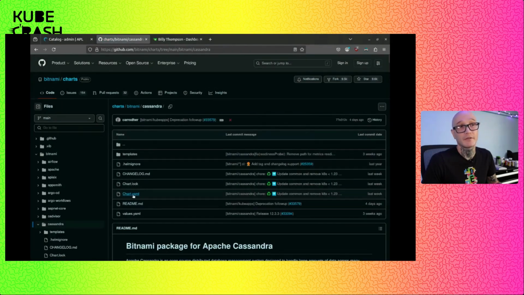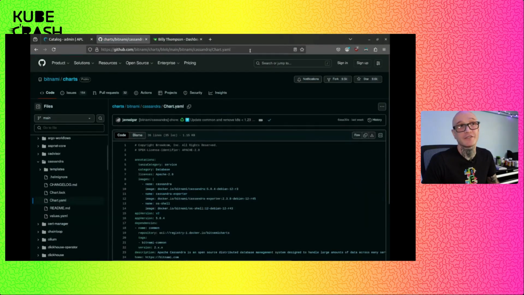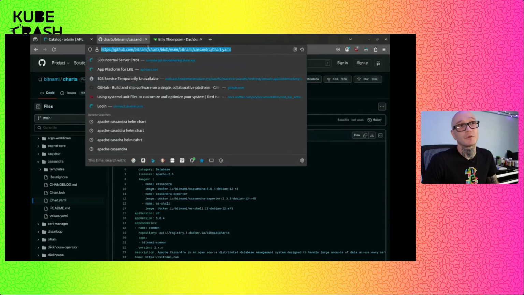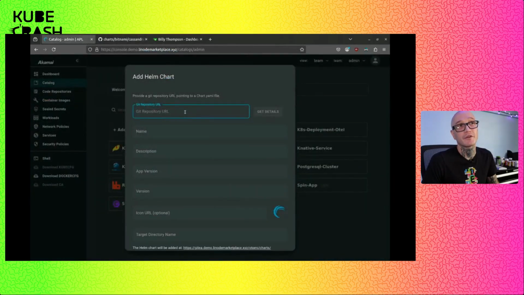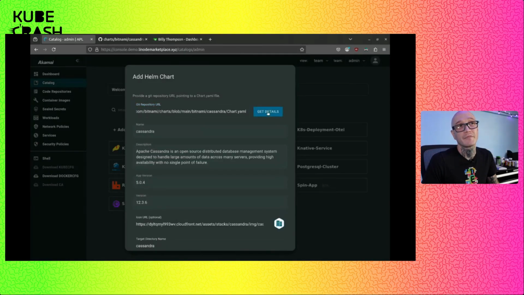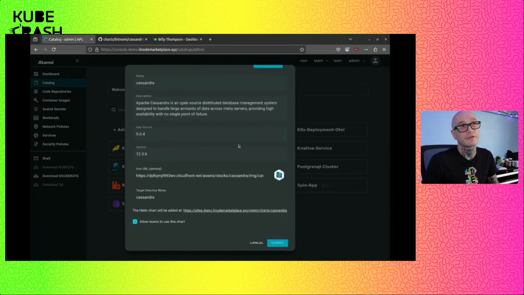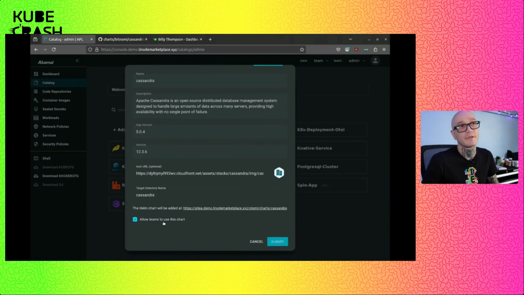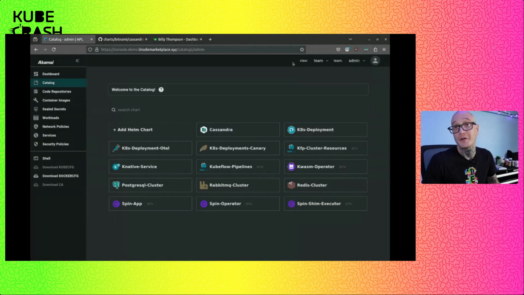In this case, I know that this team likes to use Apache Cassandra. So we'll just go ahead and grab that chart YAML URI, paste that in. It goes and fetches all the details for us. Make sure that box is checked because we do want the team to have access to this. And then you click the submit button. And we have Apache Cassandra.